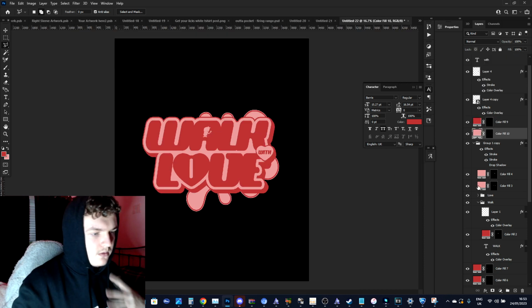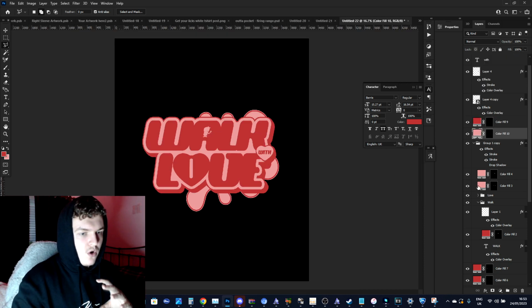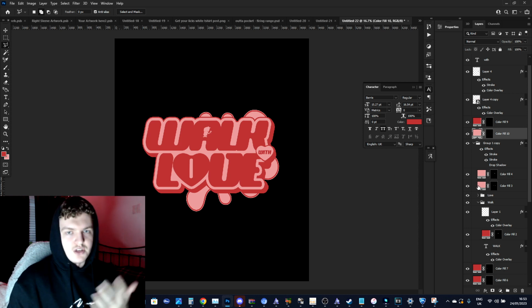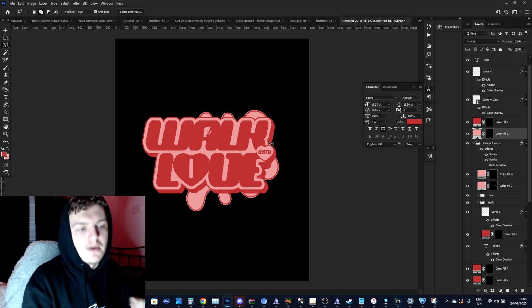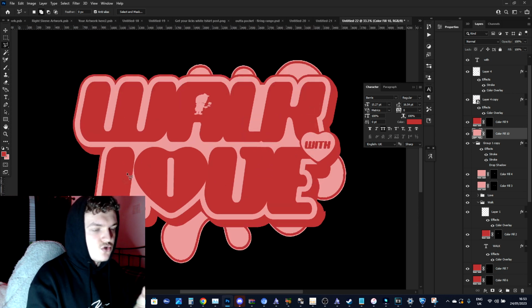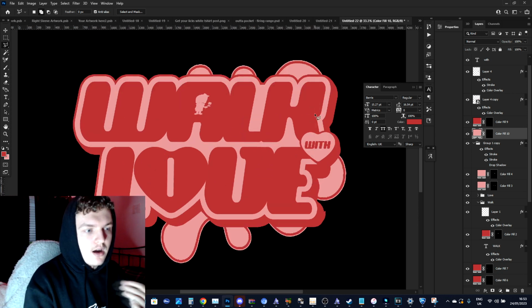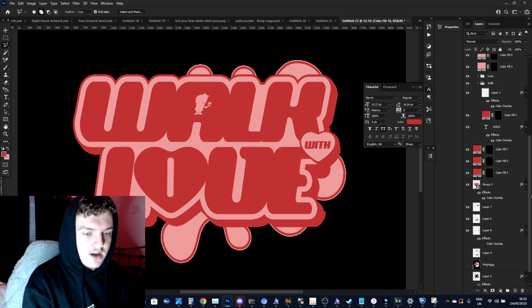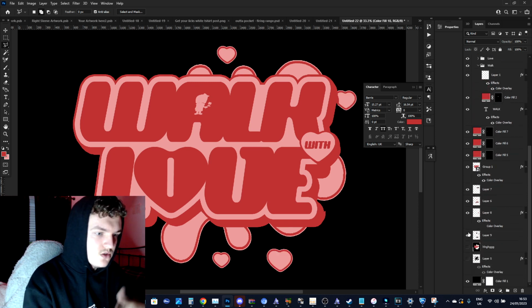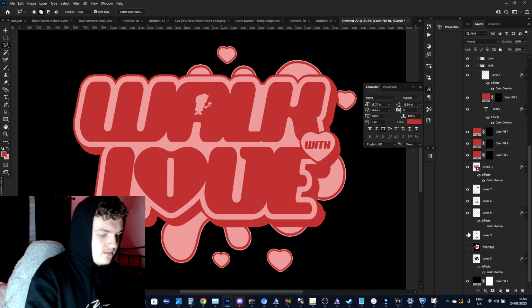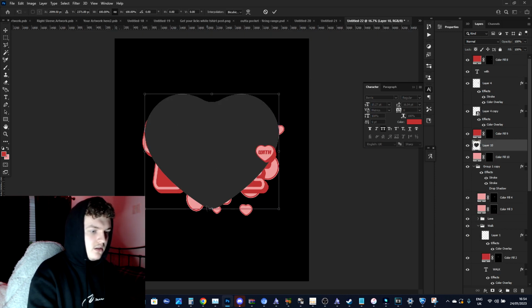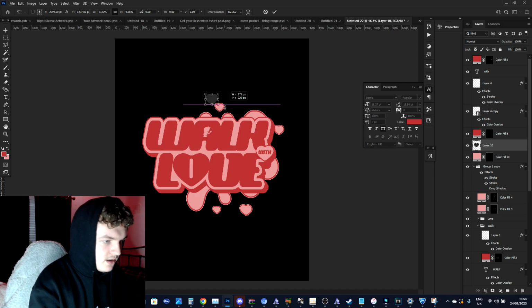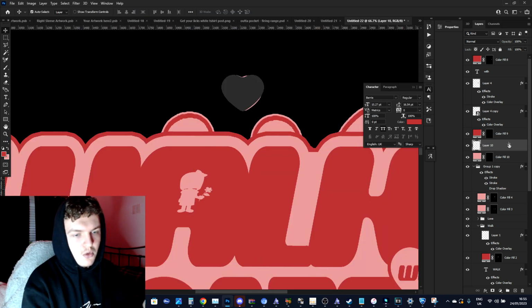Alright, so we have our splatter now. Obviously, I just completely traced around my old logo, but what I'm going to show you is how to make this stroke effect on the splatter with the hearts. So I'm just going to add the hearts in now. So it should be these. Then I'm just going to get the normal PNG of the heart, scale it down. So we have the placement somewhat accurate, so now all we need to do, head over into blending options,